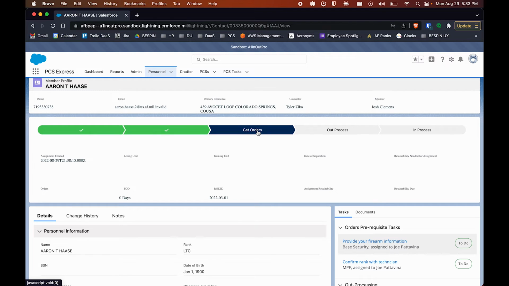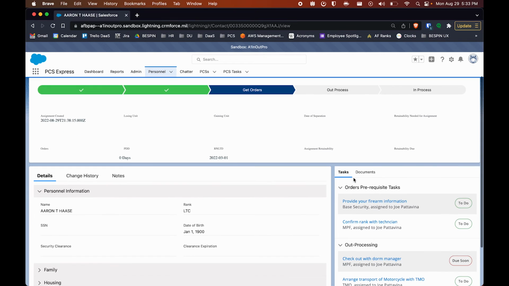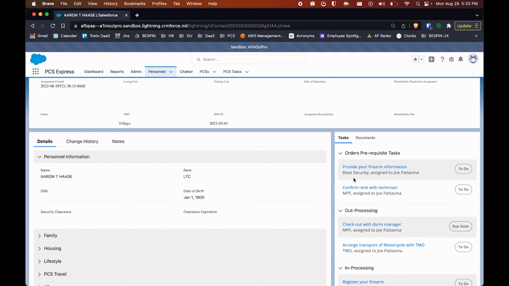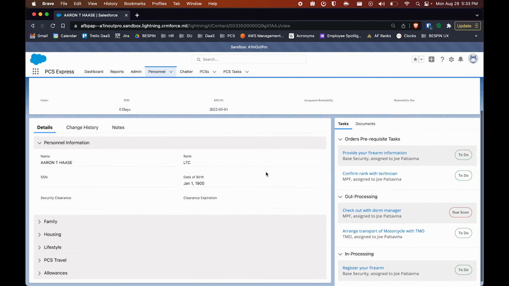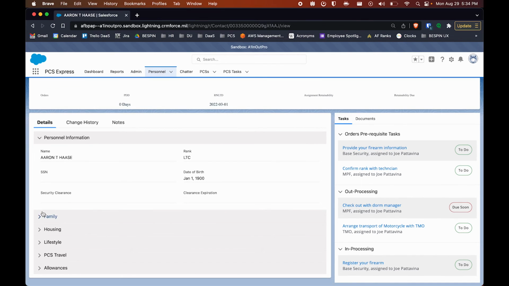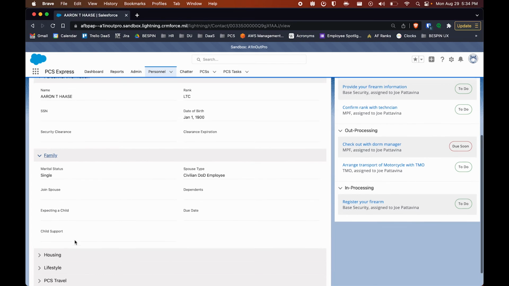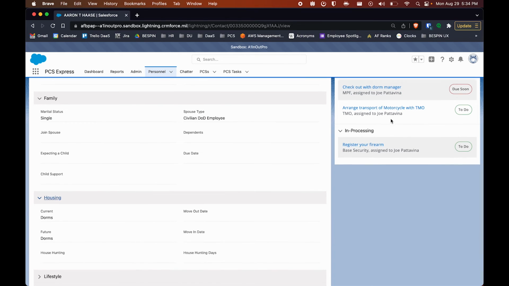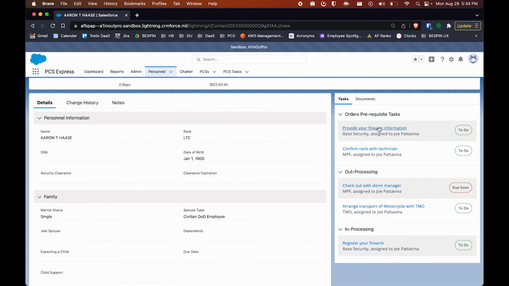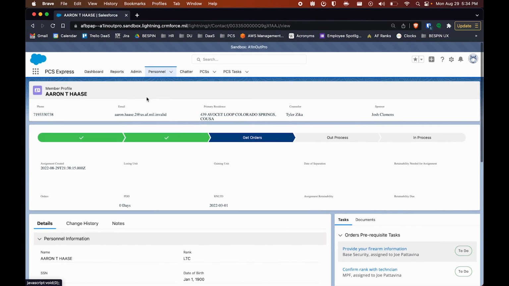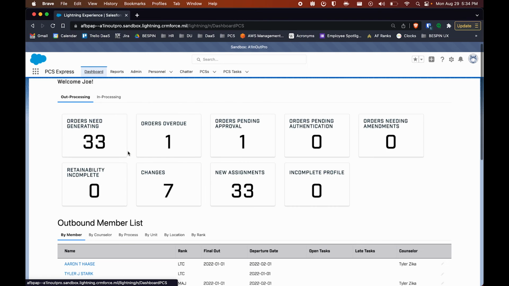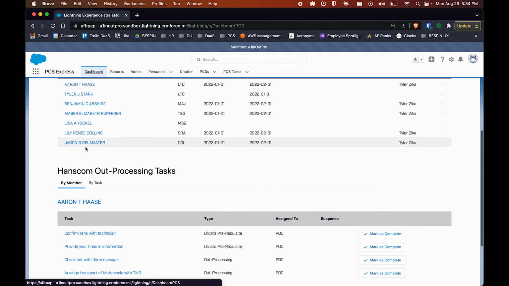If you remember when I was filling out the mobile application steps, that he completed all of his individual action items, and now is currently on the technician to complete theirs. This could be one technician or many technicians, depending on the task that the individual has. You can see the questions that were answered, as well as the tasks that are assigned to these individuals. So over here you see the orders prerequisite tasks, and I'm able to go ahead and actually complete these tasks from this dashboard. Likewise, if I show you the main dashboard, you can go ahead and click into these individuals